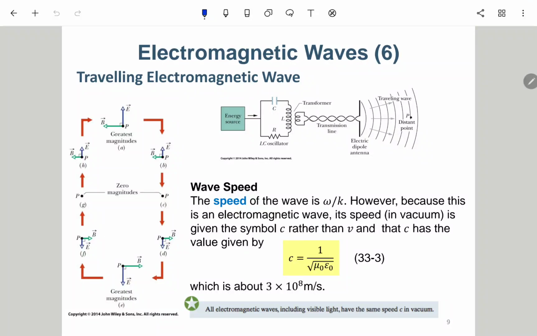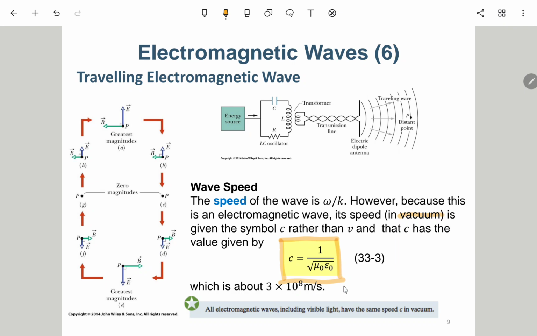Okay, so here we would like to talk about the wave speed. As I mentioned before, the wave speed is c. The small c refers to the speed of light, the speed of light in vacuum. In other materials, this speed will be slower, while in air it is about the same as in vacuum. And actually this c is equal to 1 over square root of mu